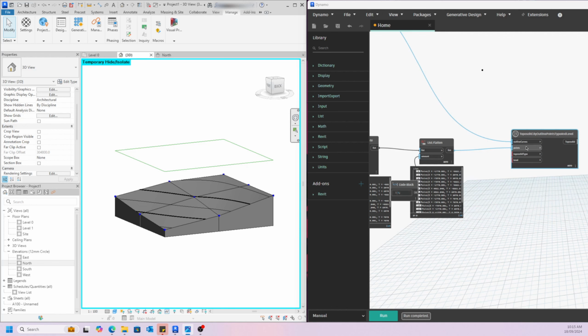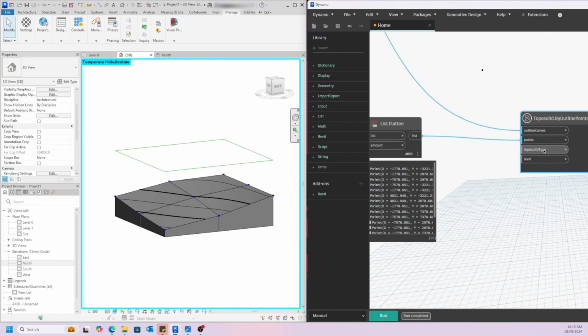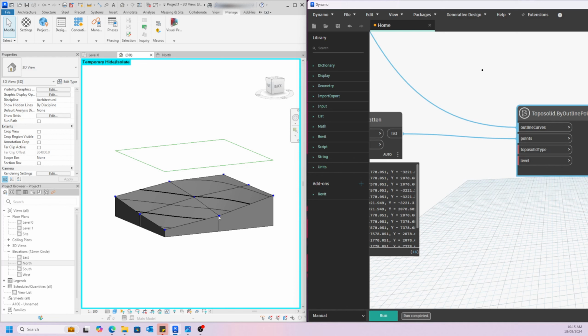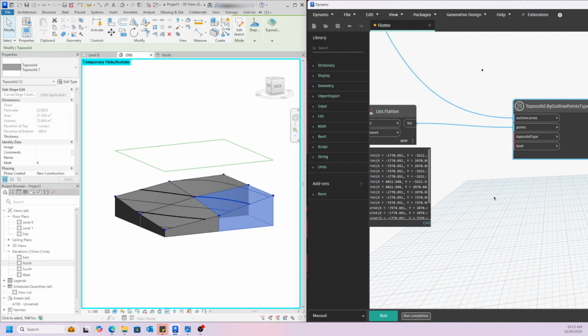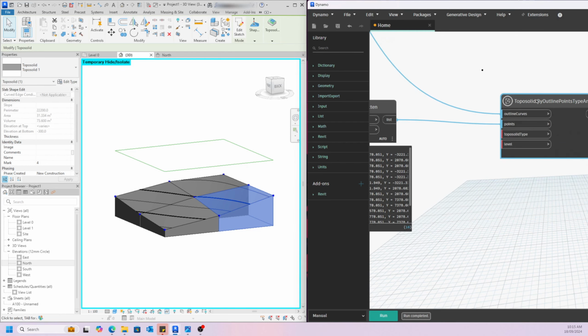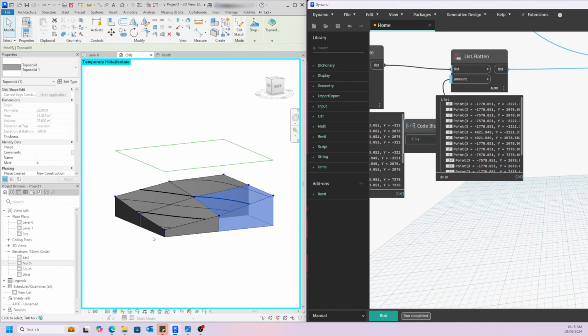The next two are pretty easy. We just need to select the type of solid. So if you have two different types of toposolids, or however many different types, you can choose which one you want, and just the level that it will be placed at. So I pretty much just have the one